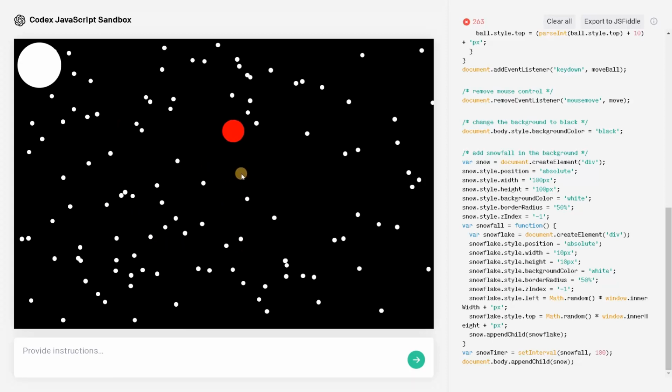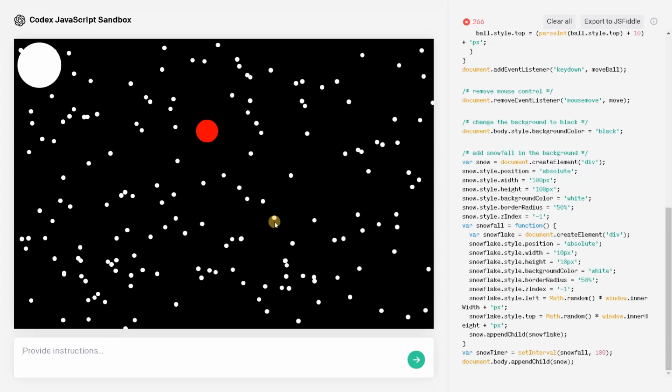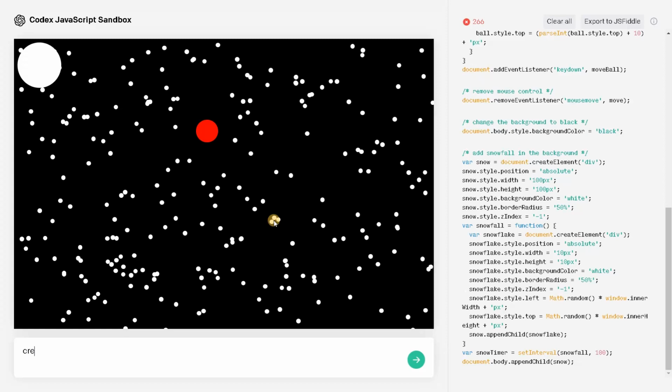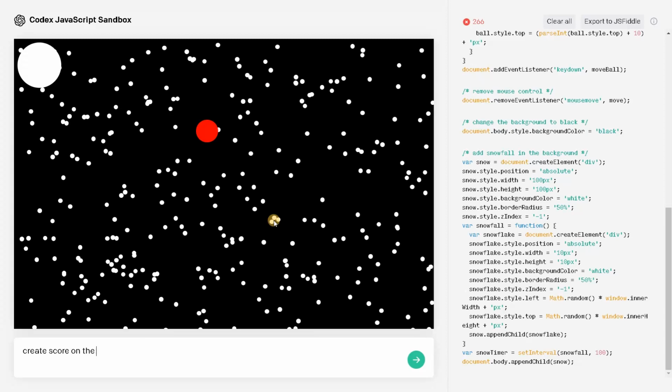Like this, you can specify all the things. If you want to create an actual game with some obstacles, you can also create that. I don't know how it's going to work, but it's automatically creating all the snowballs. Let's create a score. Create score on the top right side